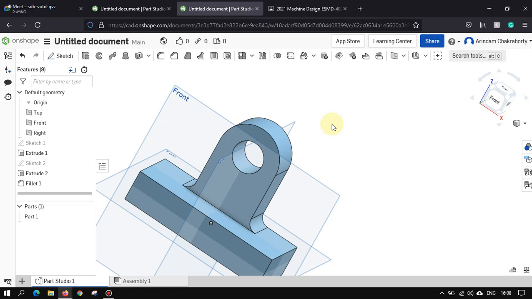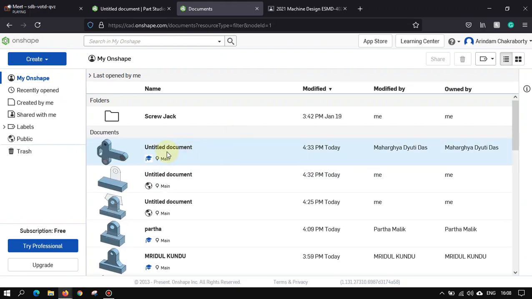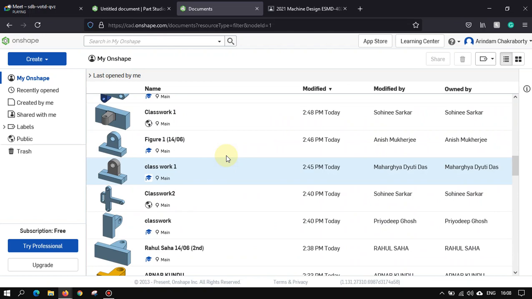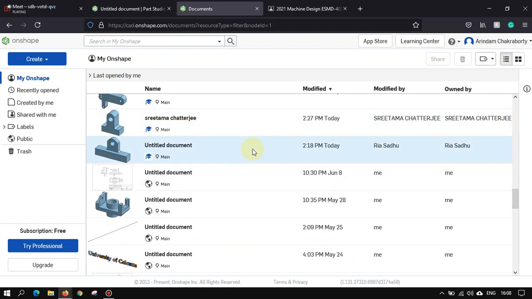Now the next thing is that you need to draw the second one, but using minimum steps. Now why I'm not showing the second one? Because I have seen that you all have done this first one. You all have been stuck on the first one. Most of you have not done the second one. So since I have not got any second diagram, I'll not show yet. You all have to draw this one.